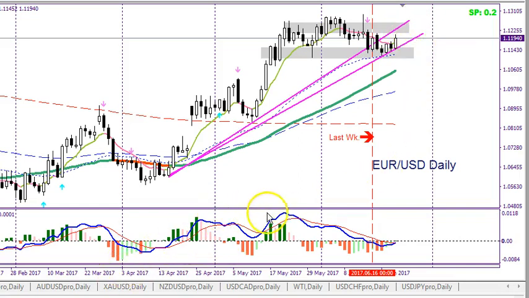Again, I mentioned there could be a lot of volatility this week. The economic news starts on Monday. It relates mostly to the US dollar, and of course, for all these currency pairs we're looking at, the US dollar is the other part of the pairing. You can see it's the euro against the US dollar.